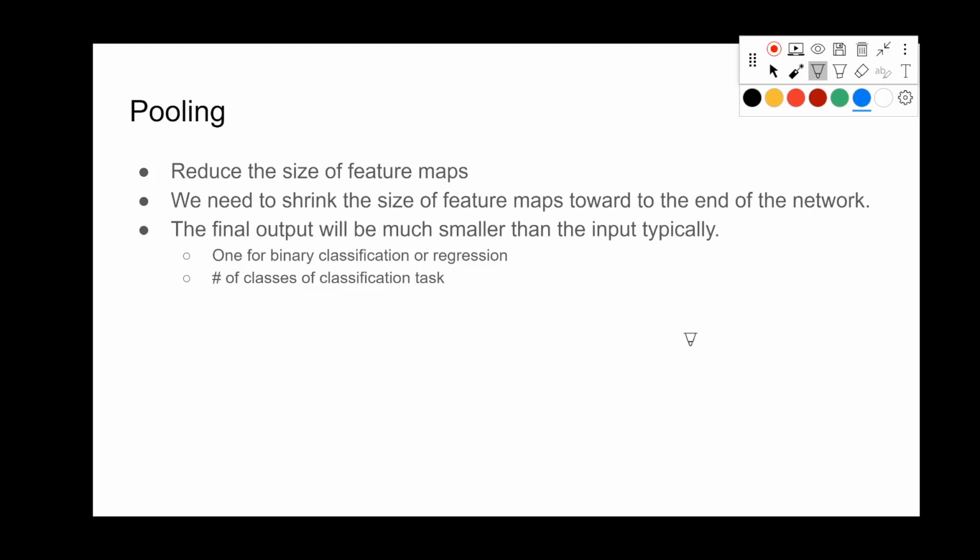The other thing we want to discuss is pooling. Pooling will reduce the size of the feature maps. So in the early stage of the CNN, pooling is the only way to reduce the resolution of the image. Of course, we have added a lot of other features like dilation and stride, which can reduce the size of a feature map as well. But pooling is the most obvious way to reduce the size of the feature map.